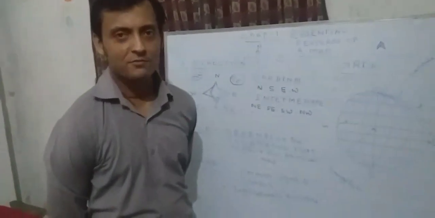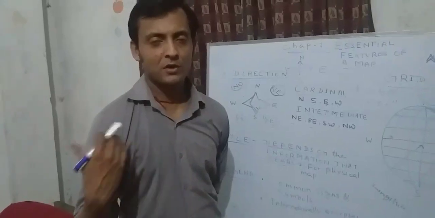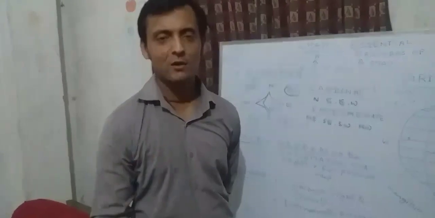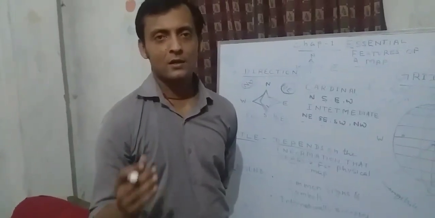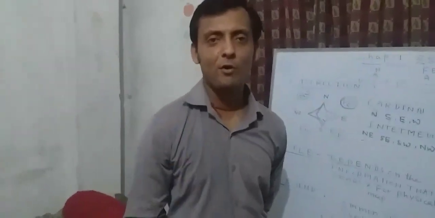Okay, so up to here, students, I have explained the essential features of a map. In the next video lecture we are going to see the next topic, different natural features, or you can say physical features, which are very important as far as geographical knowledge is concerned. So we'll see all these physical features in detail, like meanders and rivers, tributaries, distributaries, deltas, and we will also explain another important topic,